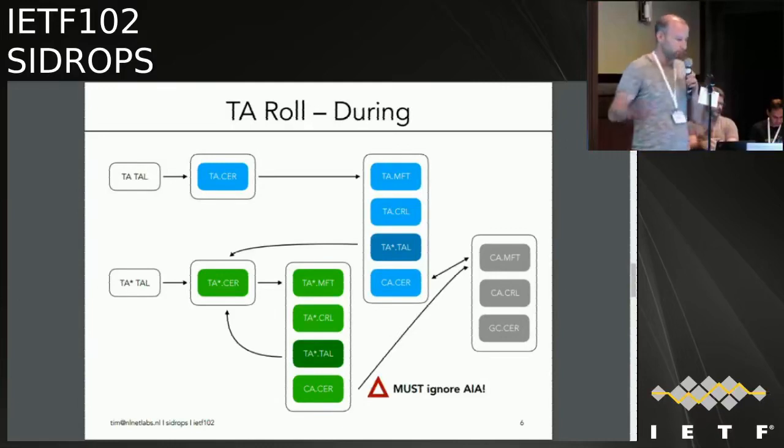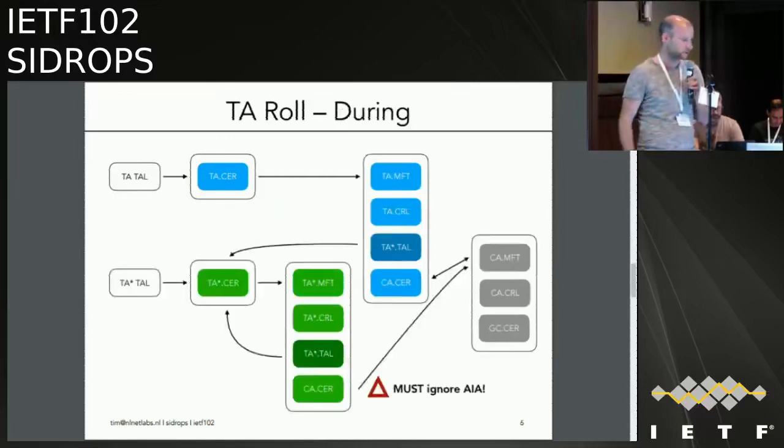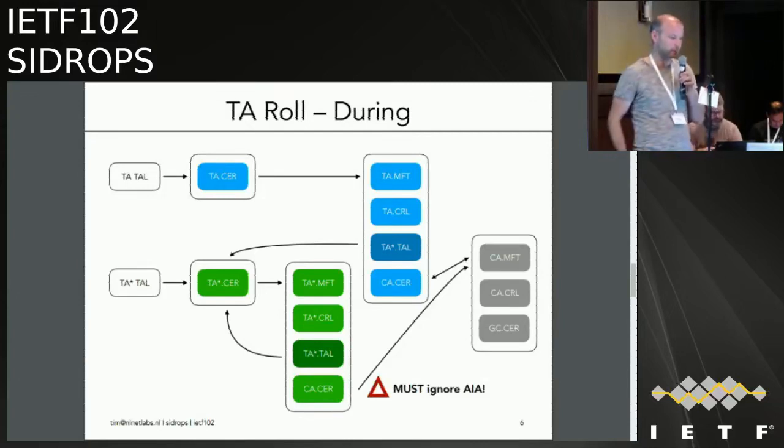TA role. So, we were here, everything is fine. There's just this new object that says to the relying party, yeah, I think this is still my current certificate and my current key. Now, during a key role, what you could do, and what the document kind of says, but it omits an important detail, is you can set up a parallel structure, actually. You can set up a new TA certificate, a new key. You can publish all the objects there. You can have a trust anchor tile file that points back.